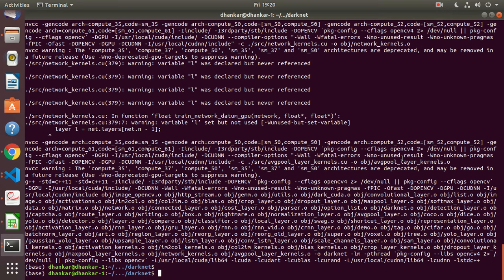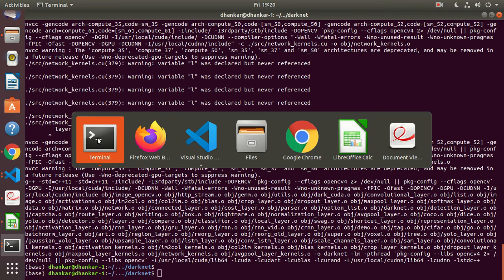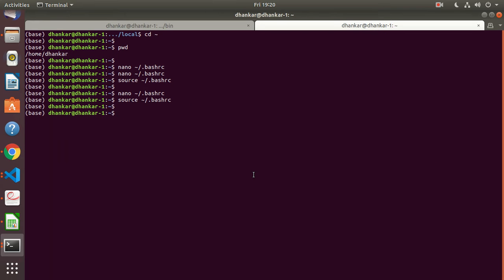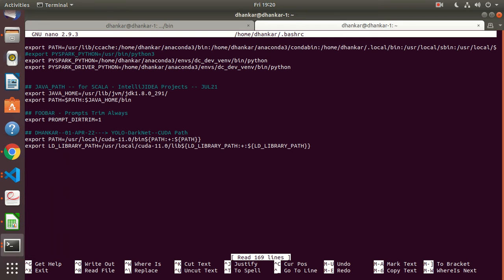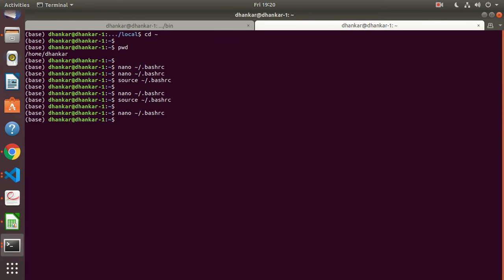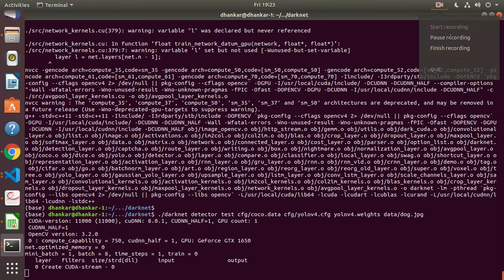Seems to be done. I forgot to put the export in front of the path in bash RC, and I sourced it. I think now things are okay. Yeah, seems to be okay now. Now it seems to be working fine. And while this is running,